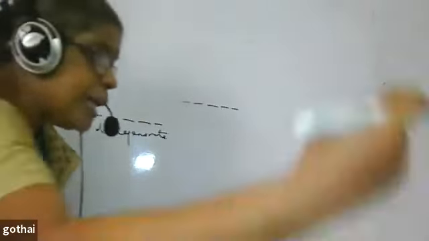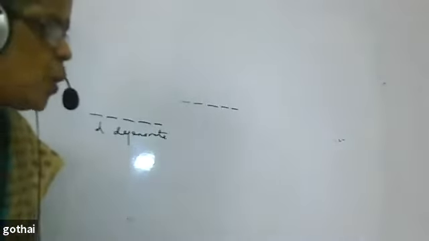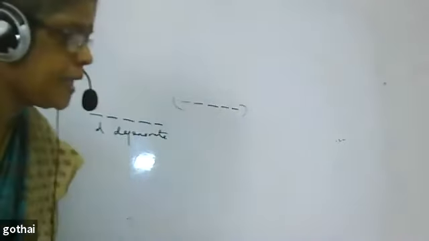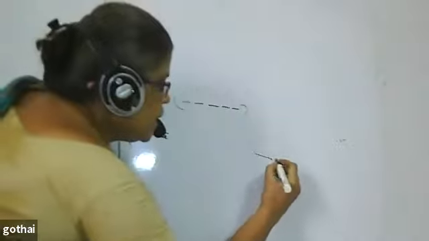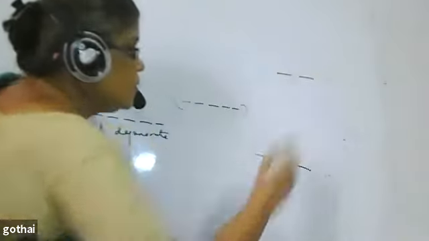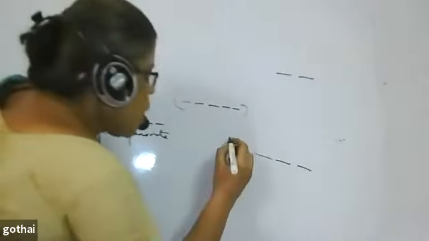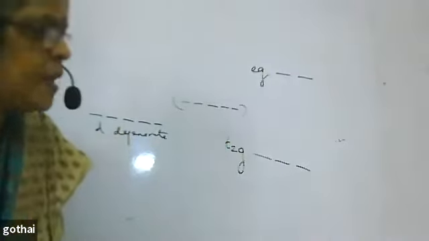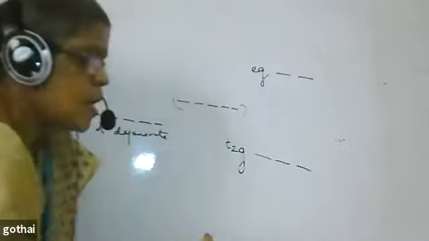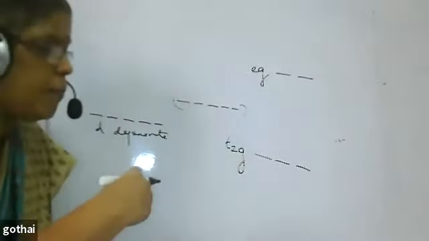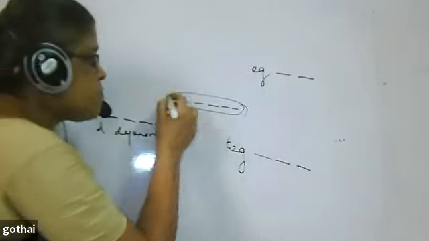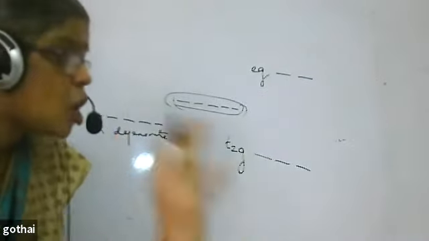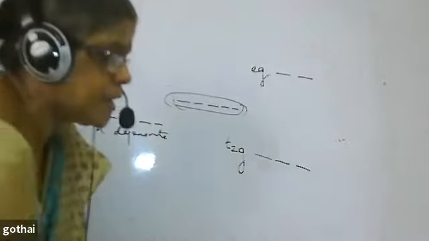Once they are involved in bond formation, once they come closer to form the bond, these 5 d orbitals split into 3 and 2. This we call T2G. This we call EG. The 5 d orbitals, once the anion comes in bond formation, totally split into 3 and 2. Why does it split up? Because of the orientation of the d orbitals.